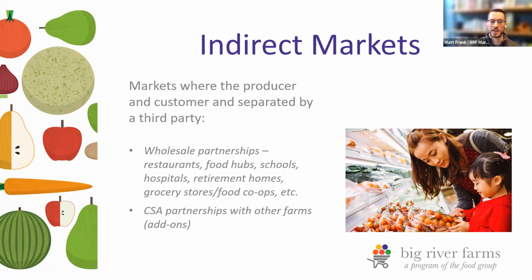And that's a great connection to have with indirect markets, because oftentimes they're buying in bulk. They're buying one or two or three or however many produce items in much larger quantities, to resell to lots of people, as opposed to you selling directly to individuals. So something to think about as you're business planning for the future, and thinking about if you want to scale up or not. And then the last bullet point on here is about